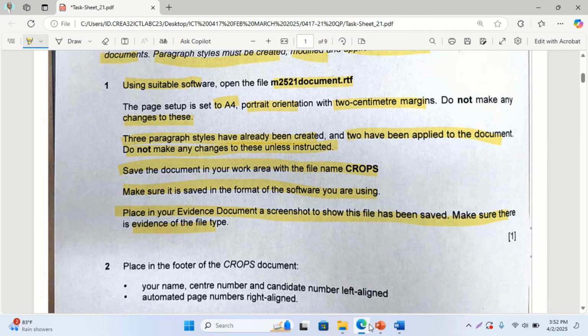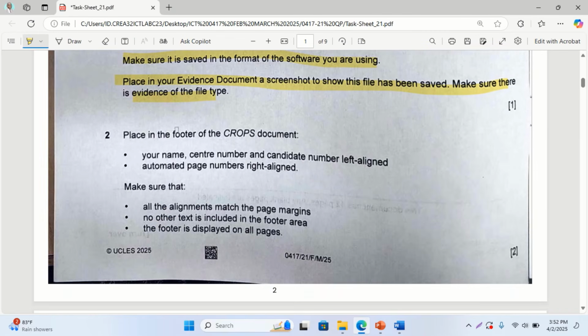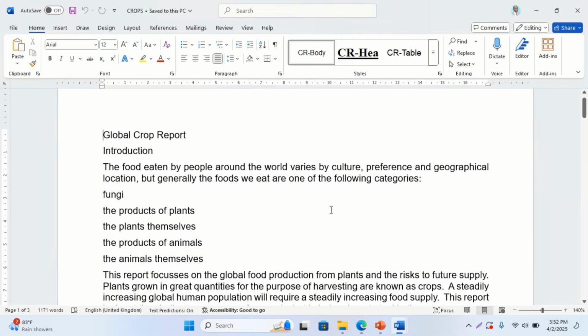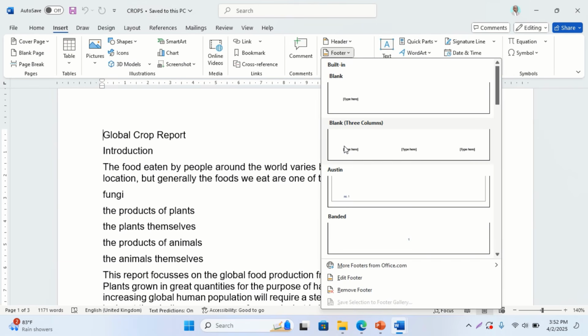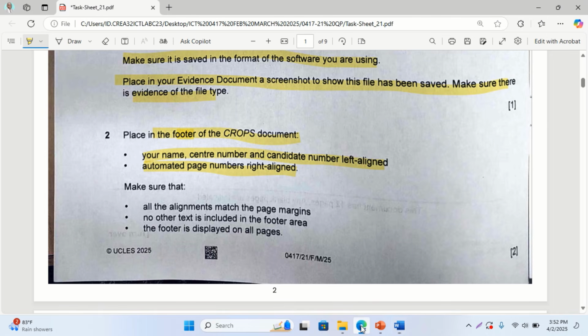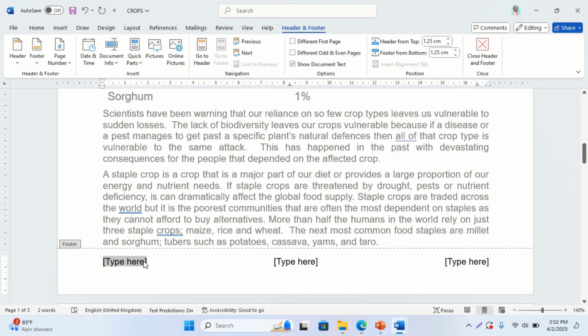All right, then the next one is place in the footer of the crops document your name, center number, and candidate number left aligned, automated page number right aligned, everything in the footer. Okay, good. So I go into the footer, insert footer. So I could pick these 3 columns footer, confirm the instruction: name, center number left aligned. Candidate's name, center number,